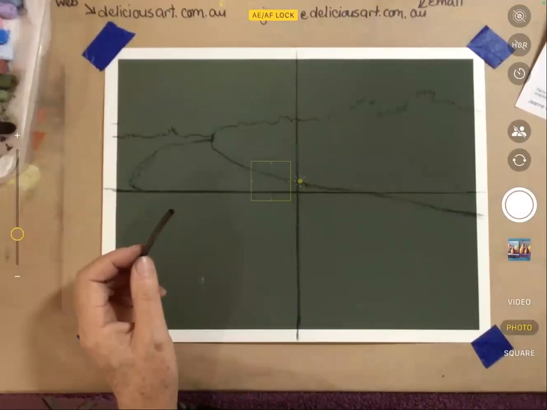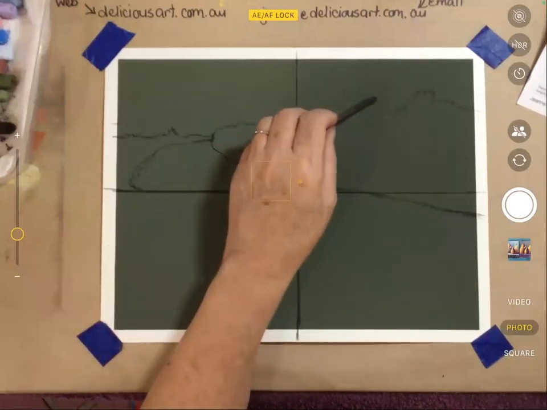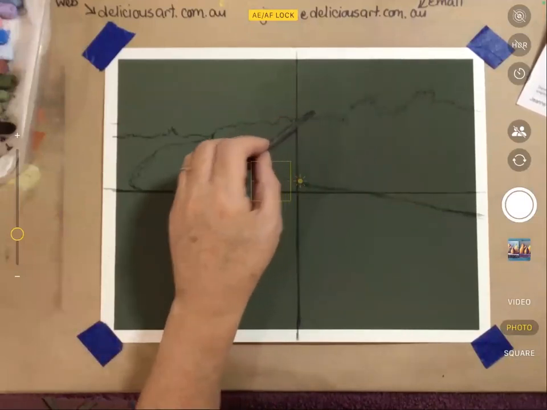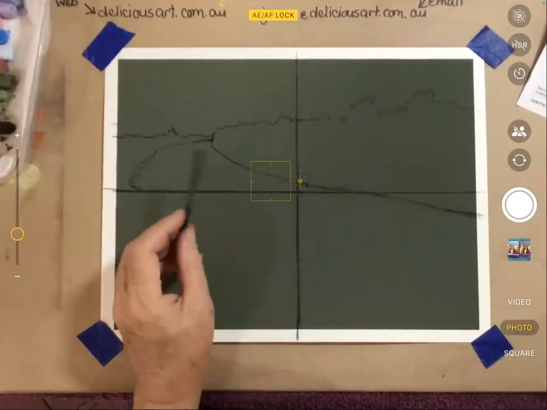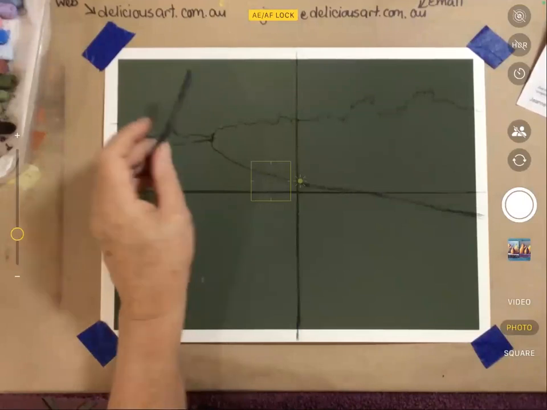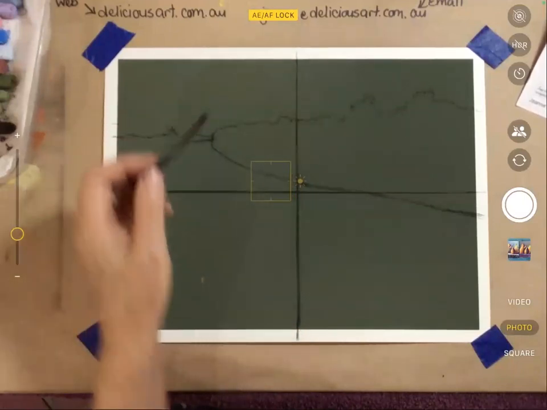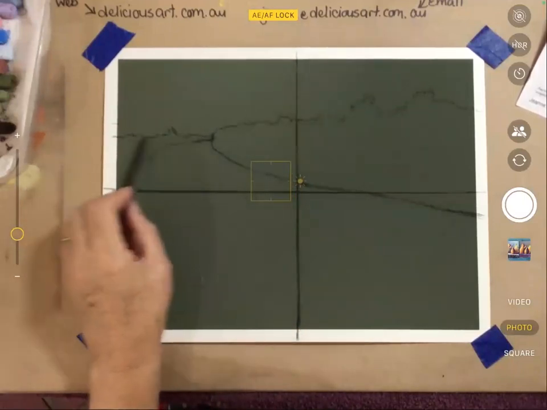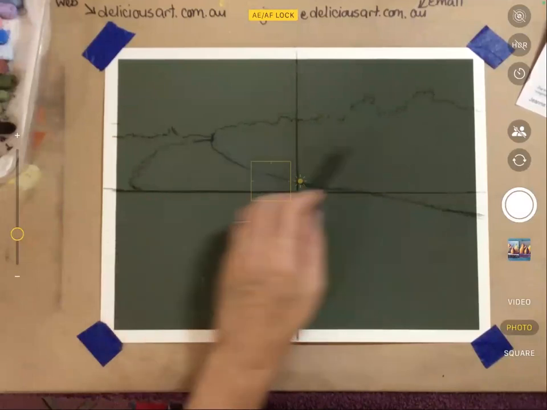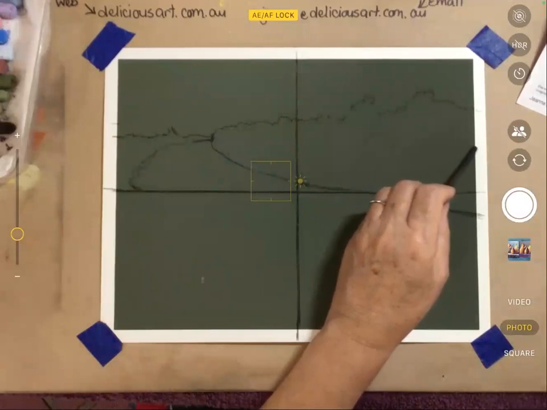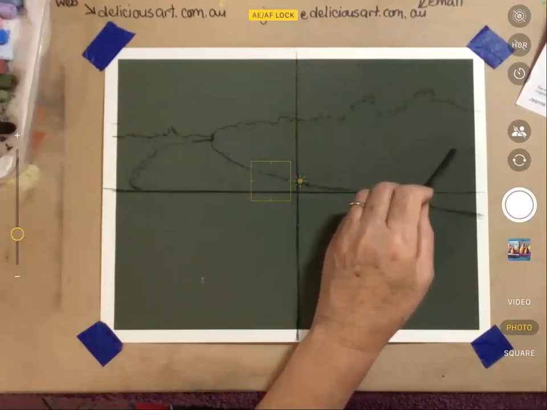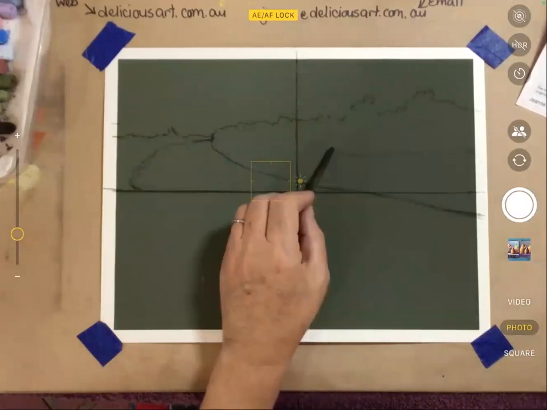Okay. What's the first thing you think we're going to do when we start to put colour down? Sky, because the sky's at the back. We want to get all this sky in first, and we can stick stuff over the top of it. Much easier that way. All right, and then we've got to find that little horizon line again, which is not terribly straight. Sort of goes a bit like that